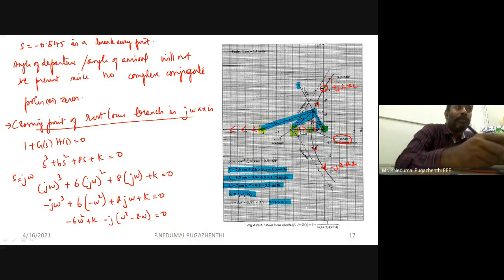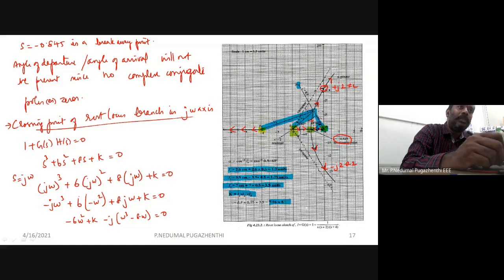Okay, so what you have done, you have found cos inverse of that given zeta value, which gives me 60 degree. Keep that in the 0 location. Then try to take an angle which is 60 degree plus 60 degree with respect to the negative real axis. Draw a line segment. It will be cutting the root locus branch. Mark that point. Join the point with the other poles.